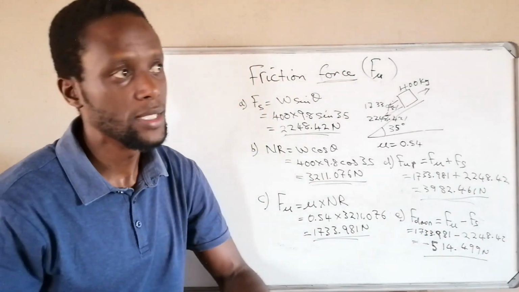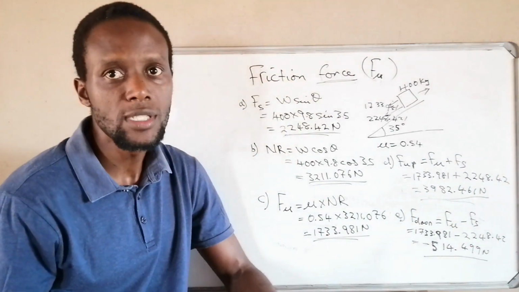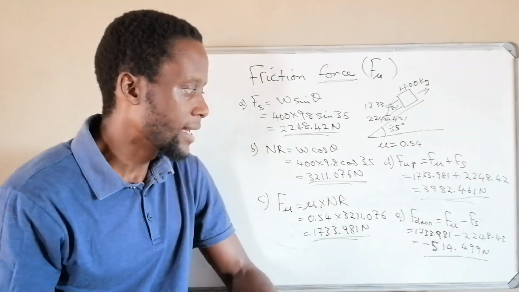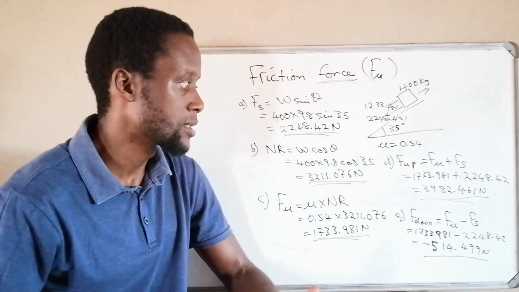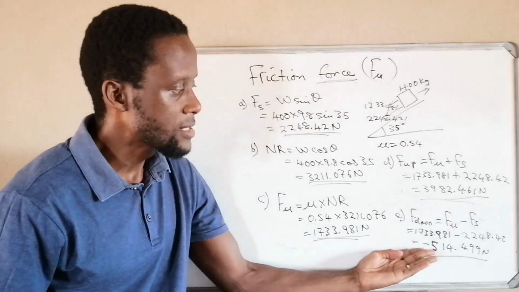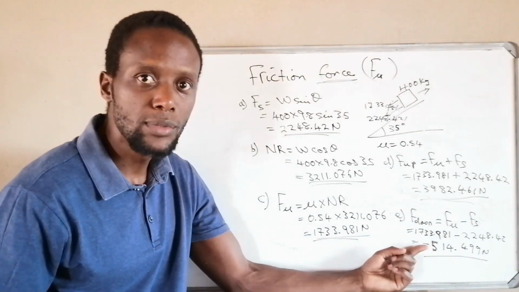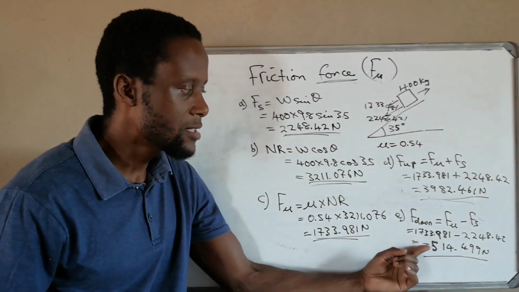Okay, and I like this question because most people would just say, let me remove the negative and say that is how much force we need. No, do not remove the negative, because in terms of force, forces are vectors. The arrow will either direct us whether it's the force going upwards or is the force going downwards. So in this case, that negative, you have to leave the answer as it is, or if you're going to remove that negative, it means you have to determine and say this